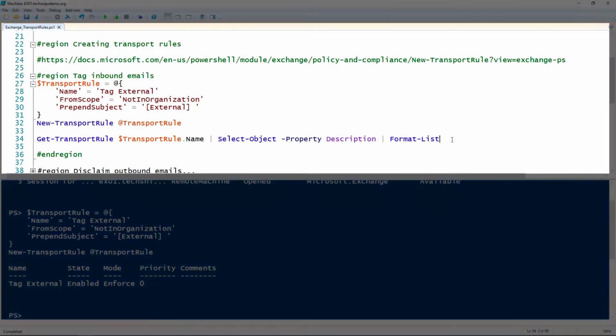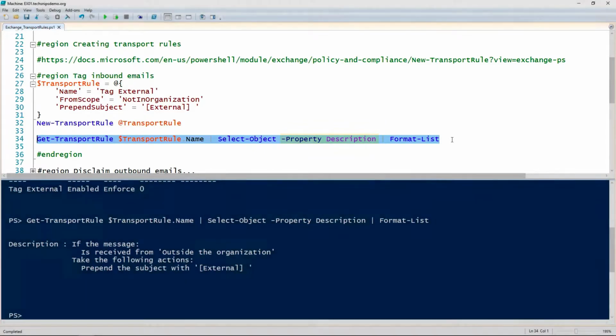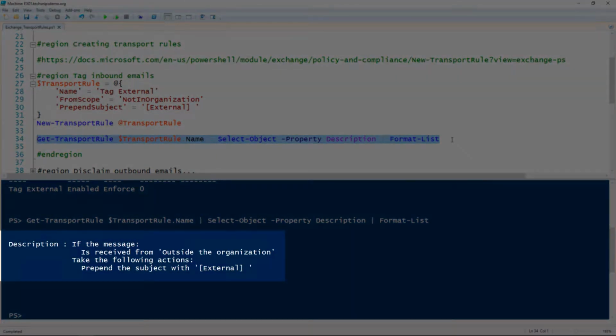And the other thing is that transport rules have a description property, and we can look at that using the Get-TransportRule cmdlet, giving it the name of the transport rule, piping it to the Select-Object cmdlet and selecting the Description property. And the description is actually a plain English description of what the transport rule does. So it's very helpful to take a look at that when creating rules,